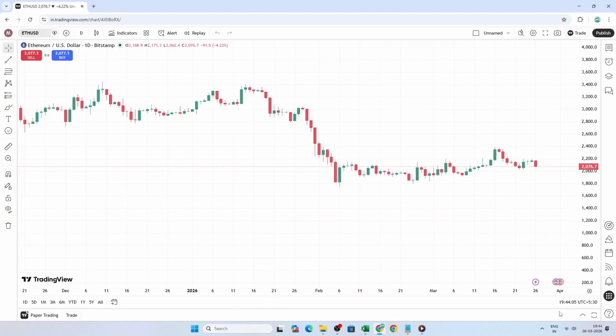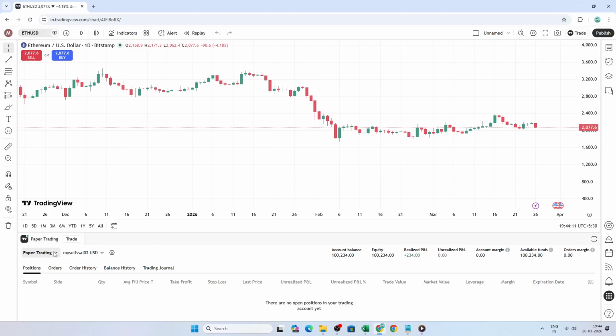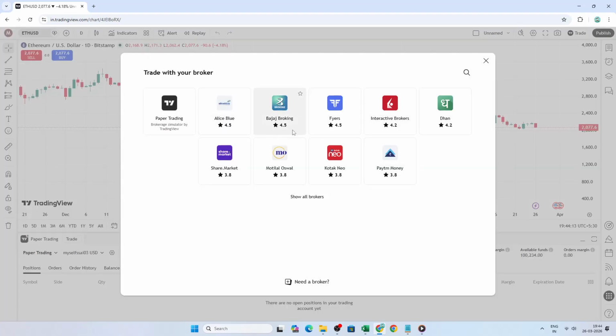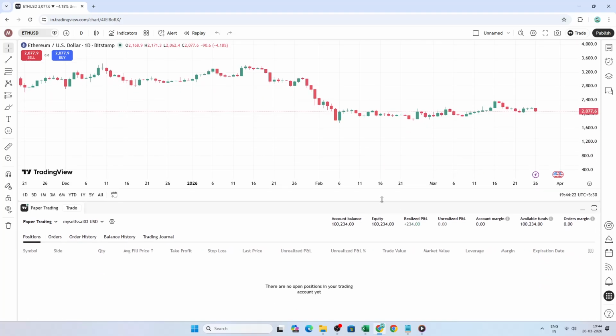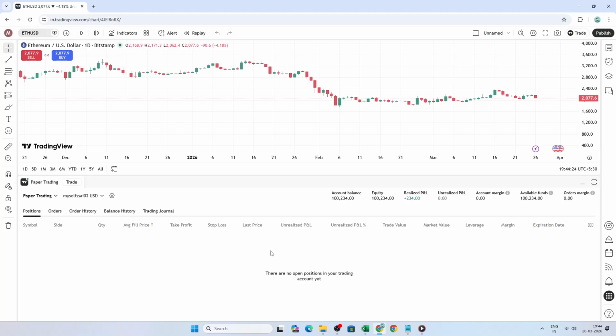Now look to the very bottom of the screen for the tabs. You should see options like Pine Editor, Strategy Tester, and Trading Panel. Click the Trading Panel tab. If you don't immediately see it, try dragging the bottom edge of the chart upward to reveal more of the panel. The Trading Panel is where all broker connections and paper trading options live, so once it's open,